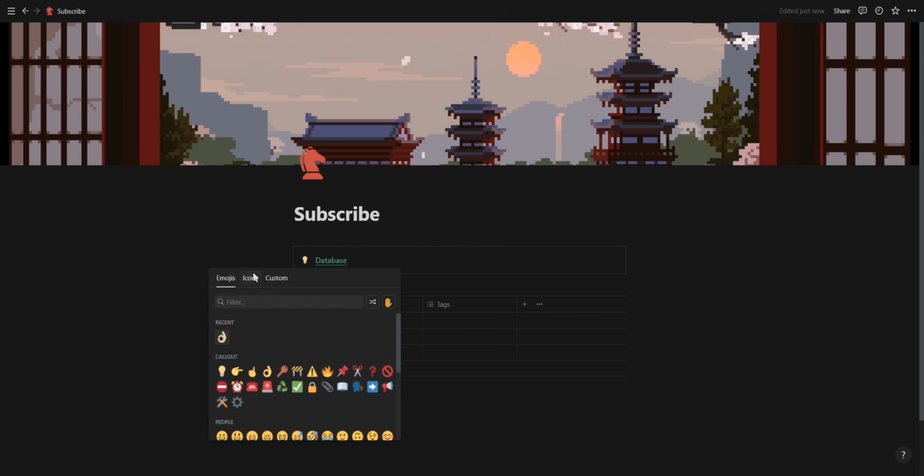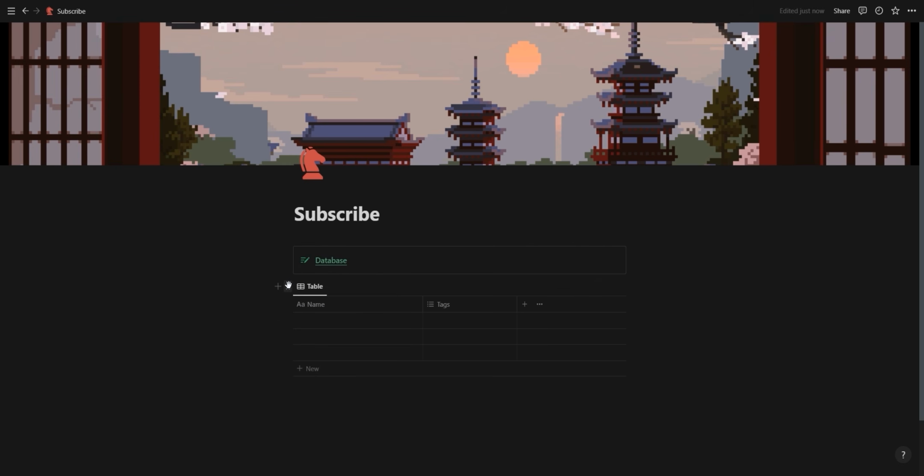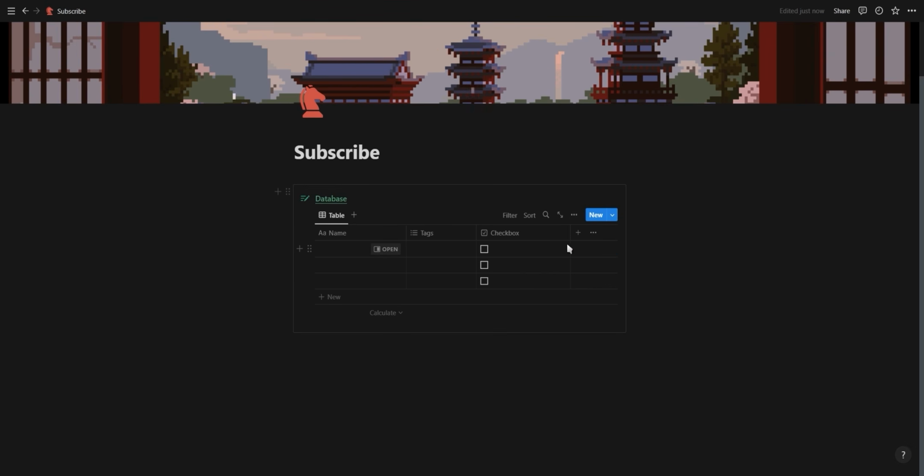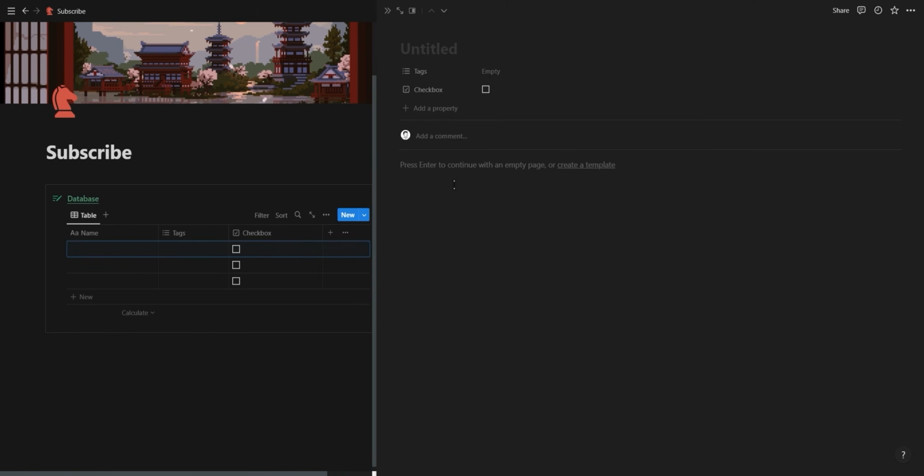And then I just add an icon and drop the database inside. This not only looks a lot better, but it's also way easier to drag around and create multi-column layouts with. Each database property is its own column where you can add information to the database entry, and each database entry is its own Notion page where you can add more content and even more databases, allowing you to have multiple layers of information inside of one page.